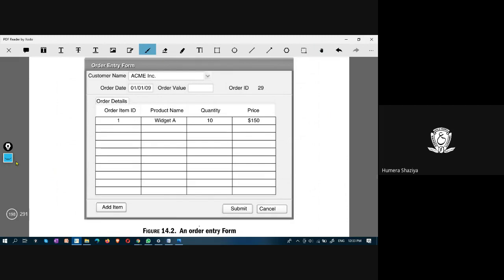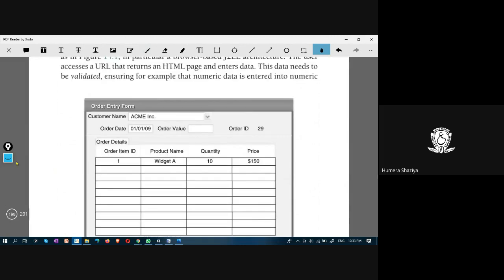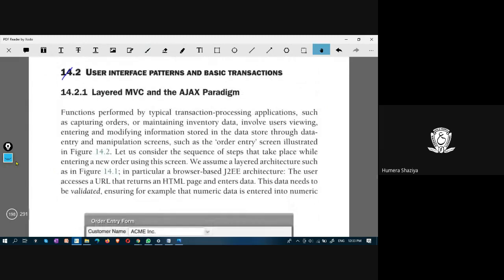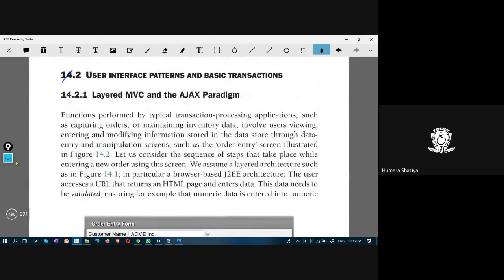Suppose there is an order: customer name has to be entered, order date, order value, how many items, order ID, then order item ID, product name, quantity, price. When you fill up this order entry form and submit, the order will be placed. This is nothing but your user interface.